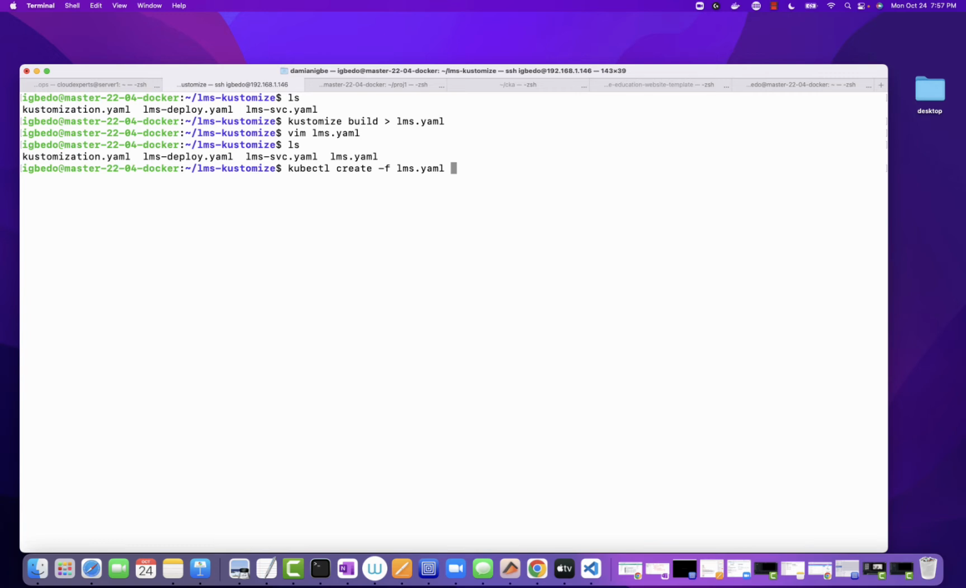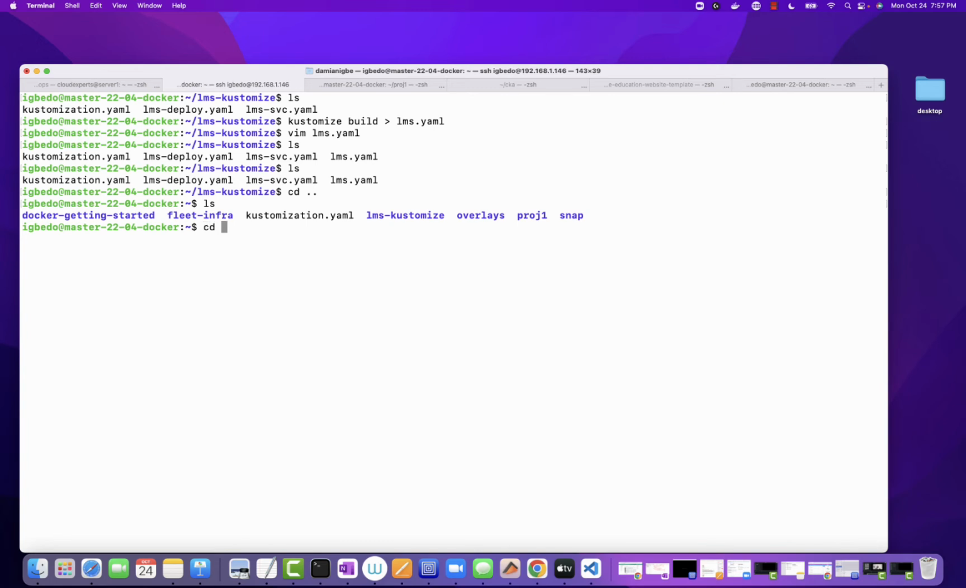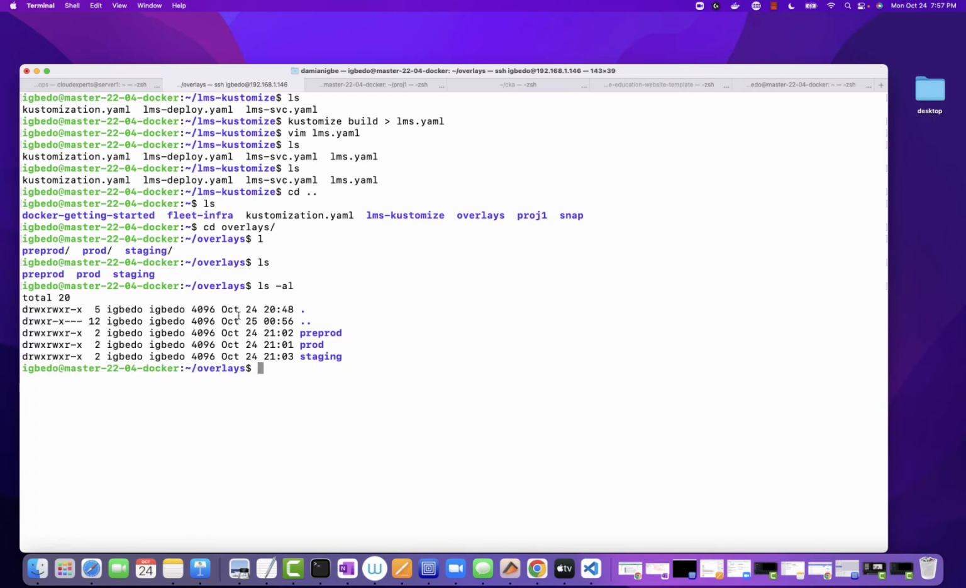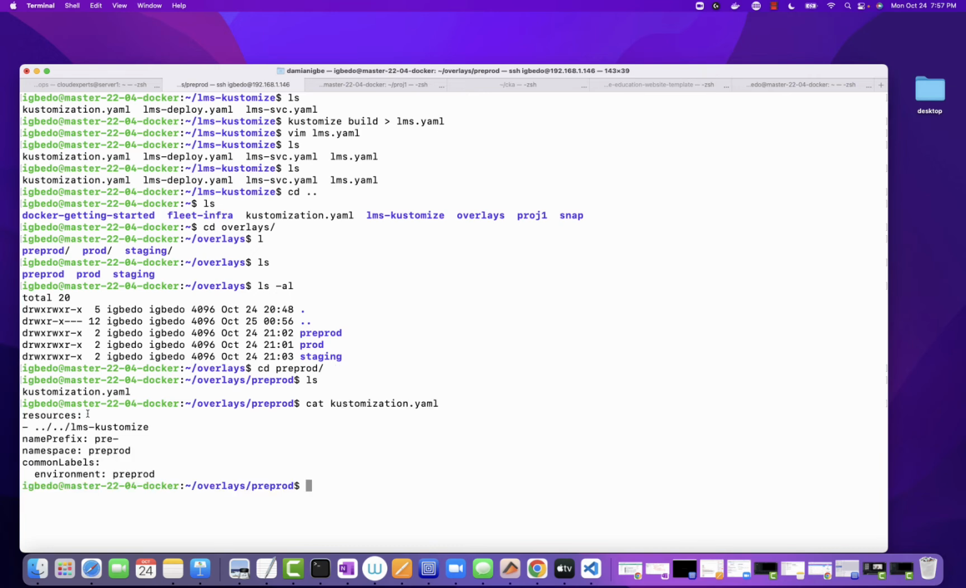What I mean by that is that here we have all the files, but if we come a step back, we also have another folder here called overlays. So we can create a folder called overlays, and in it we create 3 directories. We have a directory for pre-prod, prod, and staging. And in each one of those directories, like pre-prod, we have another file called kustomization. So now, if we cat this customization.yaml, under the resources section, we're making a reference to the original directory, the original customization.yaml